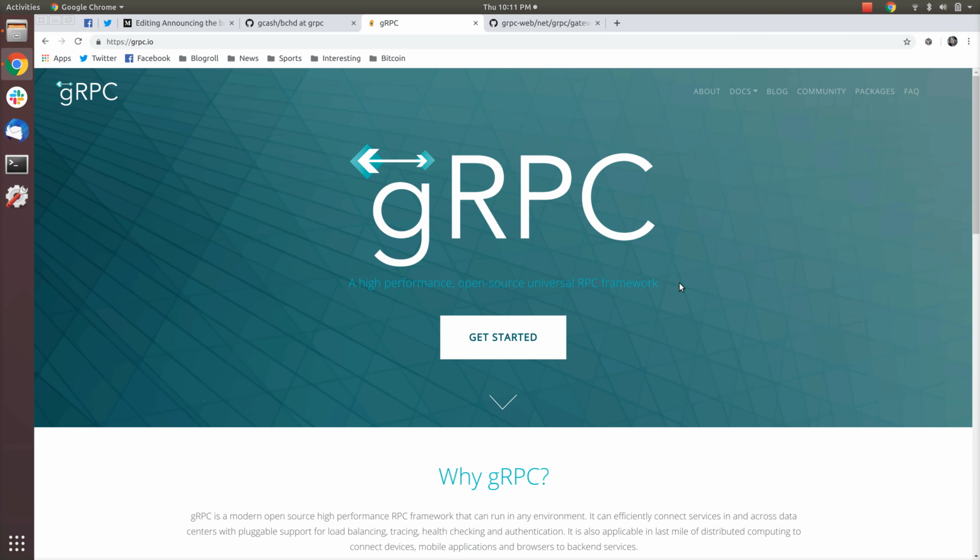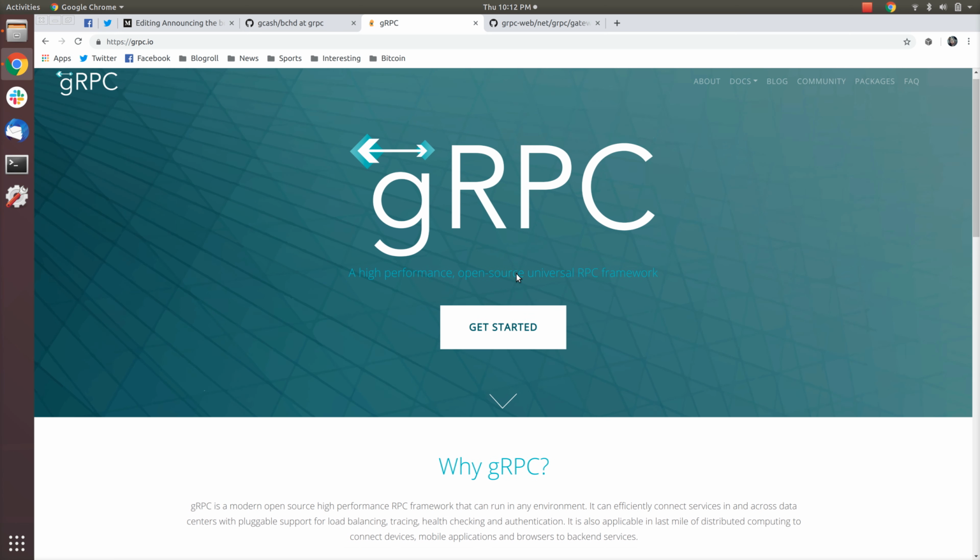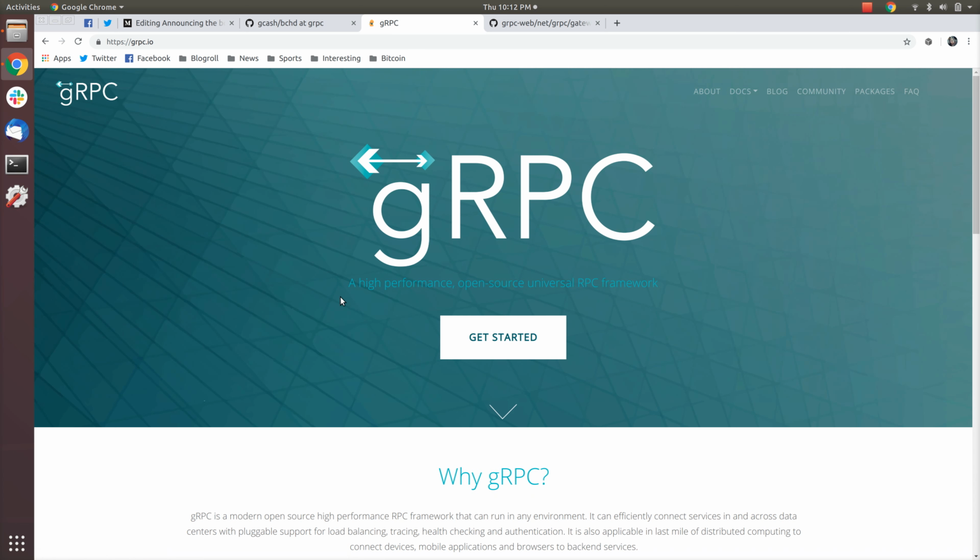Electrum servers and wallets use a variant of that. It's a very old, crufty API and not very optimized. While it kind of works, as we're going to see, it's a lot more complicated and difficult to use than gRPC. So we're going to see gRPC has quite a few advantages over JSON RPC,